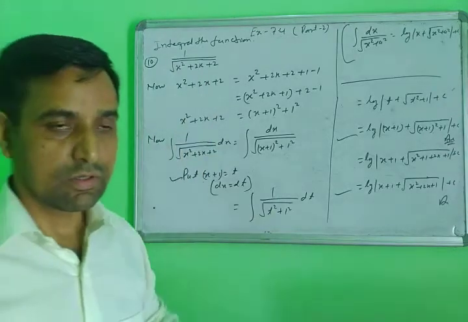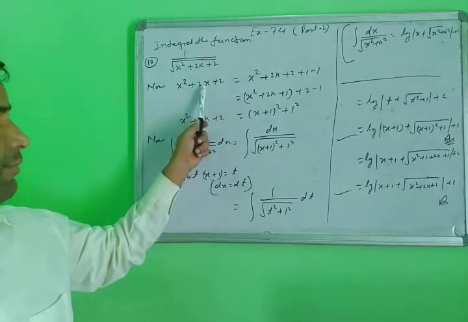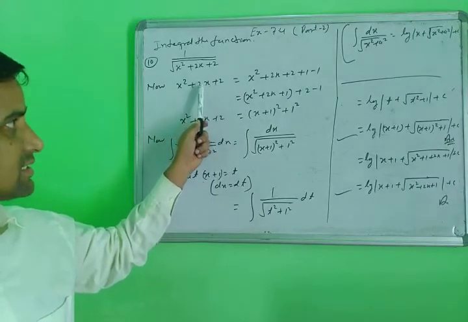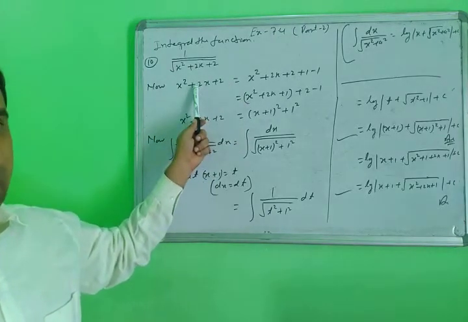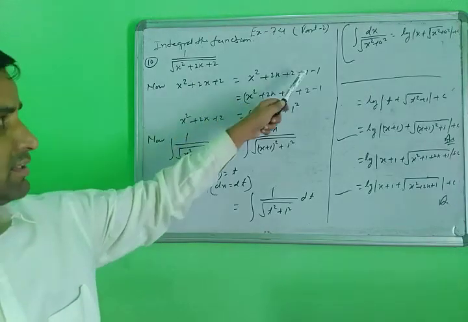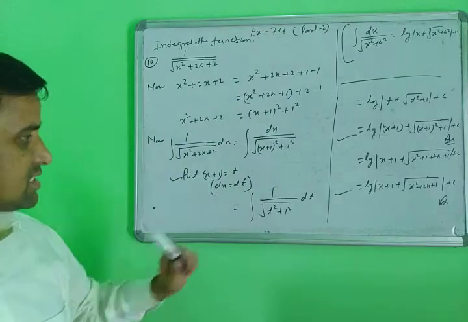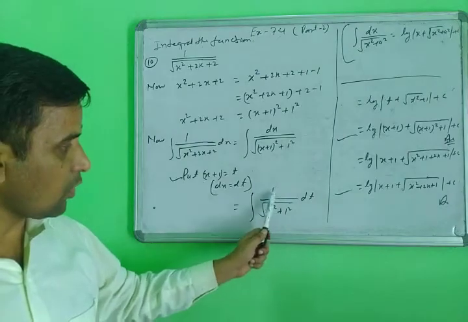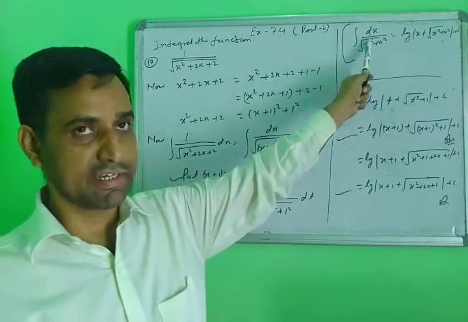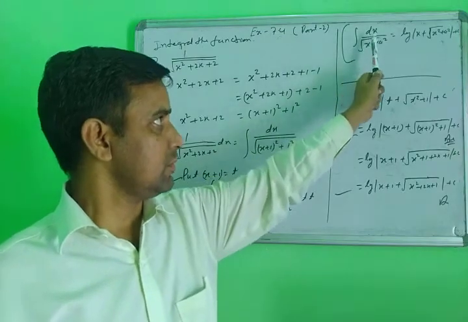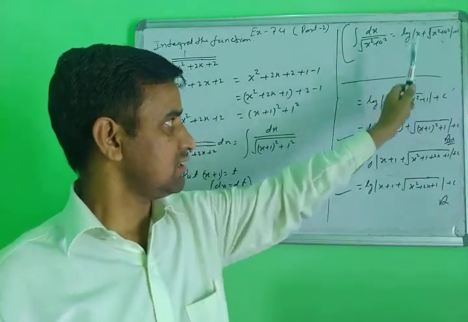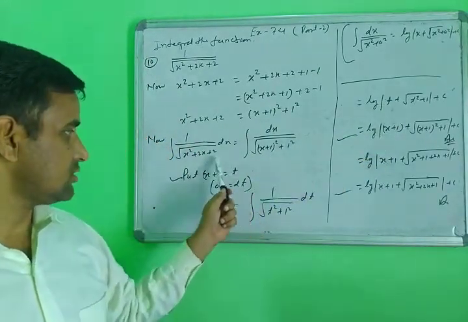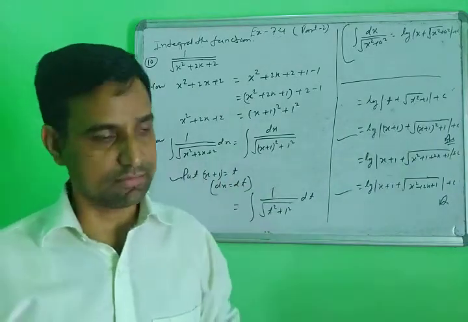2. So when you make a perfect square, take half of the coefficient of x, and then square it. Half of 2 is 1, and the square of 1 is 1. So add and subtract this. Then you make this, and this portion you substitute in this form. Here it is already converted according to this identity, this particular function form. So integrate this particular function, write the integration this way, and then again substitute x plus 1, then write the answer. Just note it down.